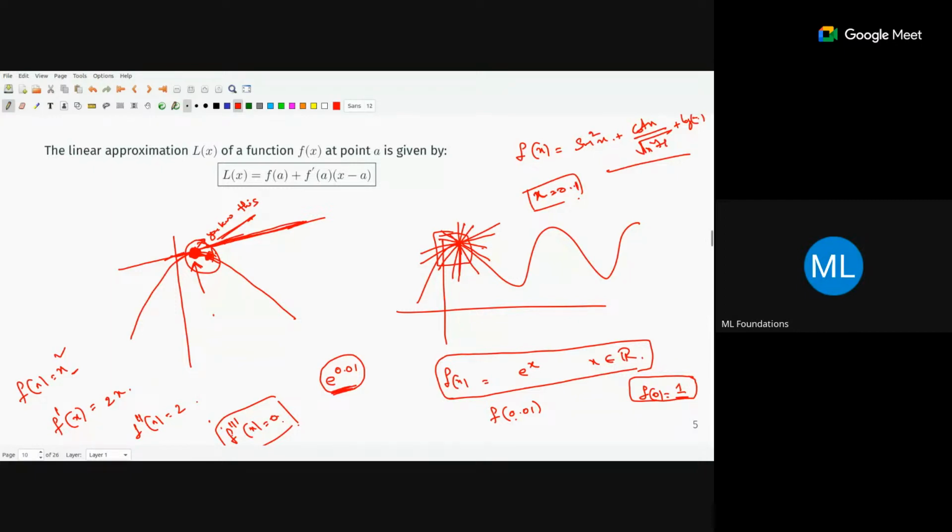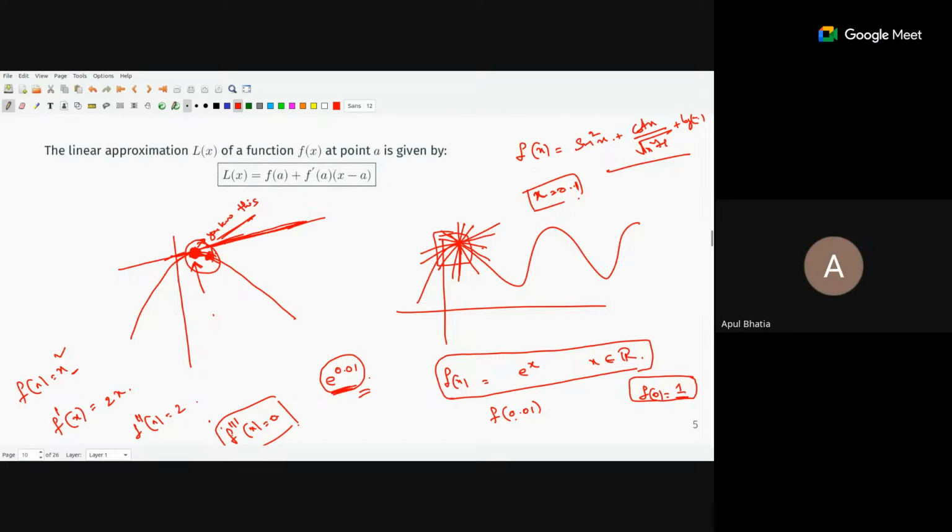So this is the key thing behind linear approximation. You are trying to approximate some function at a particular point A. Whatever the function is, it is very easy to compute at that point A, but in and around A it is very difficult to compute the values or analyze the function. For example, e power 0.01. Now you have calculators, but think about 700 or 800 years ago. What did they do to compute e power 0.01?